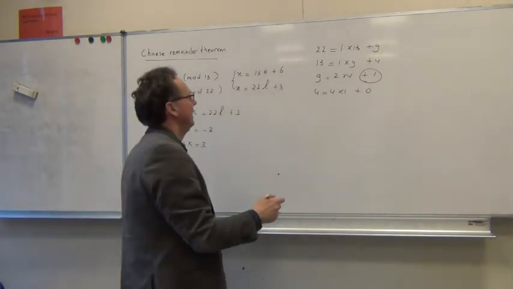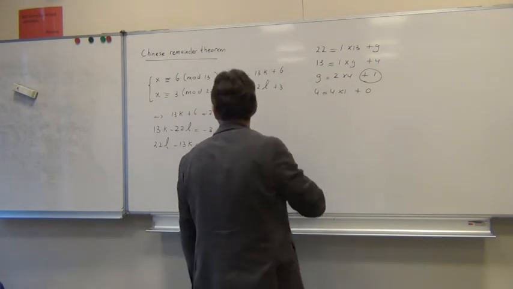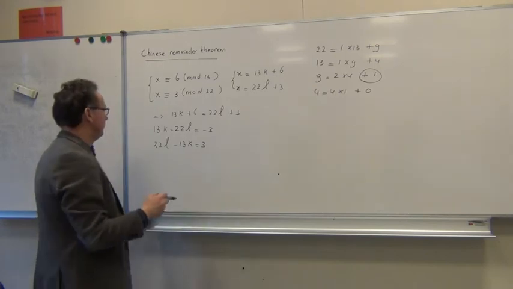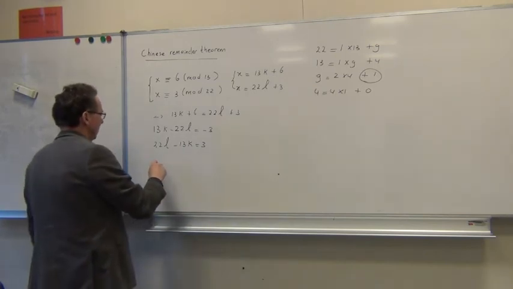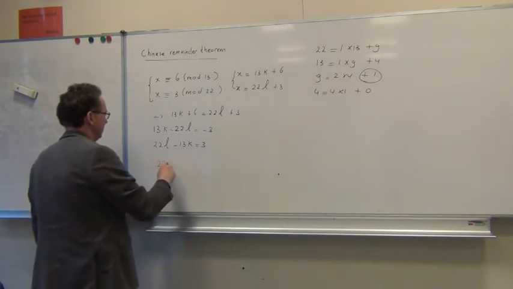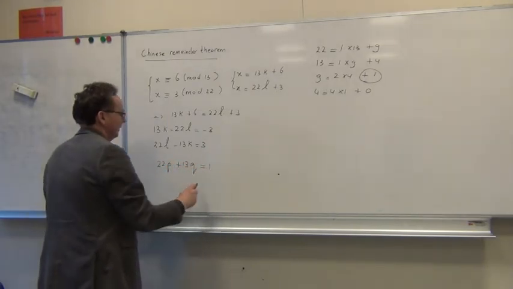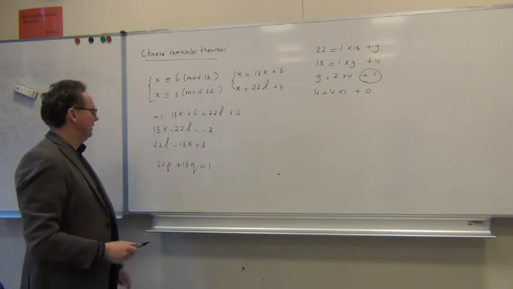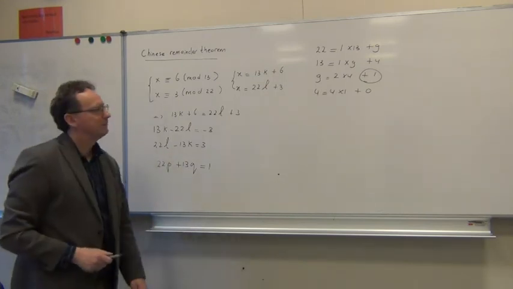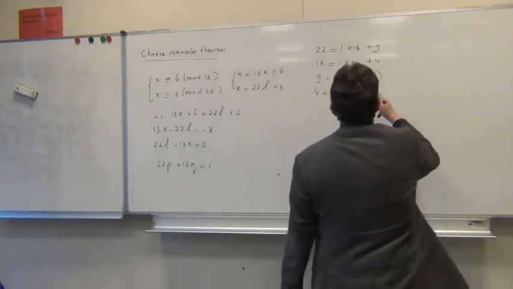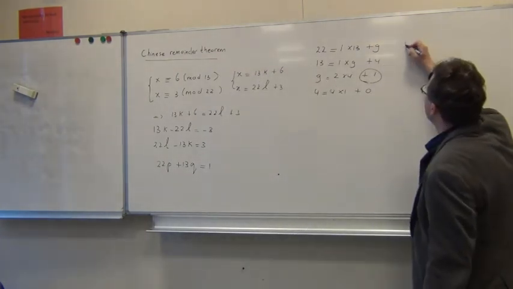And then, by the way, we're not going to solve this straight away. We'll first look for a solution for this one: 22p plus 13q is 1. And then it's relatively easy to move to that one, because 1 is the GCD. So now, starting here, we can write 1 as